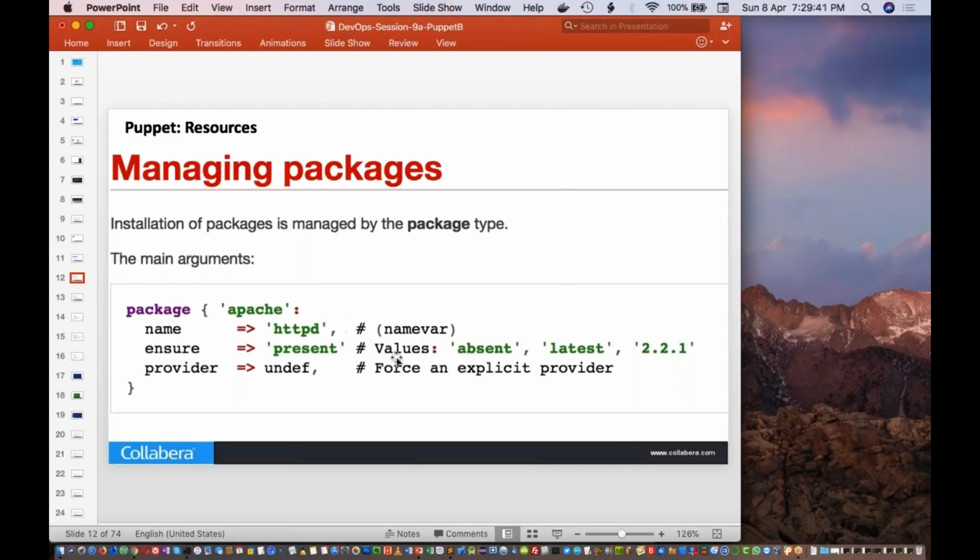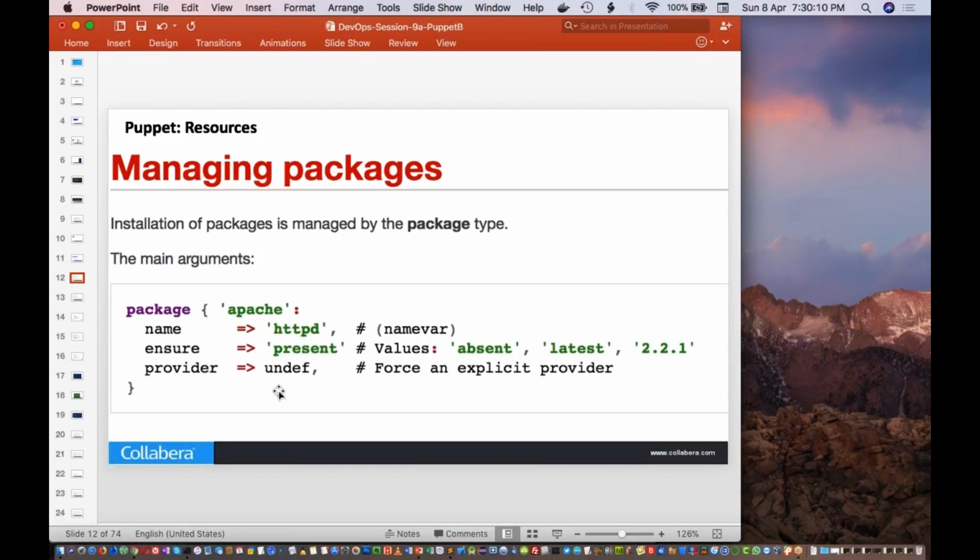So this is another example of package, for Apache. Here, this is the resource type, followed by the title, which is Apache, and here we have specified name HTTPD. What it means is this name is only for reference. The actual package name is this one, so it will be looking for package name HTTPD. Like this you'll be able to specify.